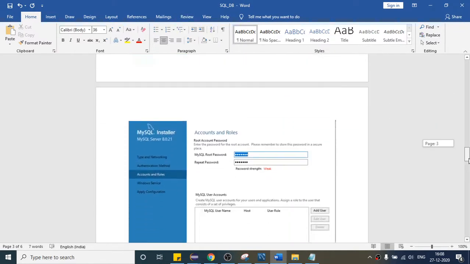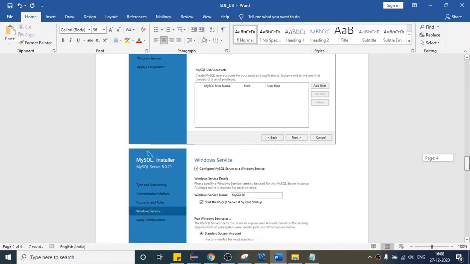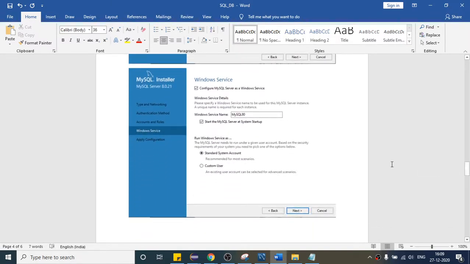Once you will click on next, you will land on this page. Now this is important. So it is asking for some password. So make sure that whatever the password you will write here, you will remember that. Otherwise if you forgot that, it is very hard to reset the password and you have to download it again, right, after uninstalling it. So whatever the password you will set, you can set the password here, and after that click on next. So once you will set the password and click on next, you will land on this page.